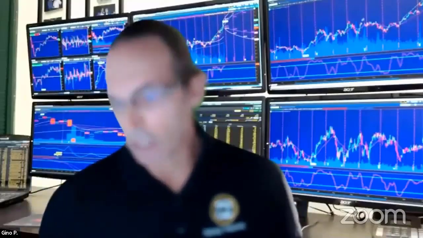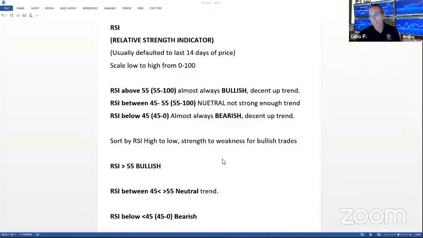So I'm going to bring up my screen here and share with everybody. This is a Gino gem. Every trader has their ways of making life easier and making the routine easier. That's what we call trader hacks. Today, I want to talk about RSI,